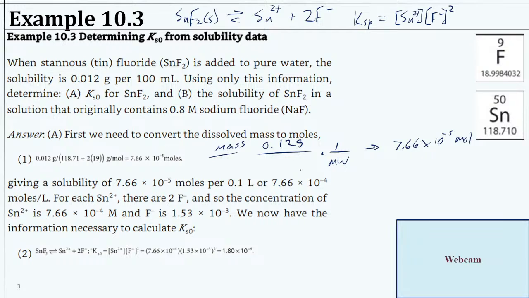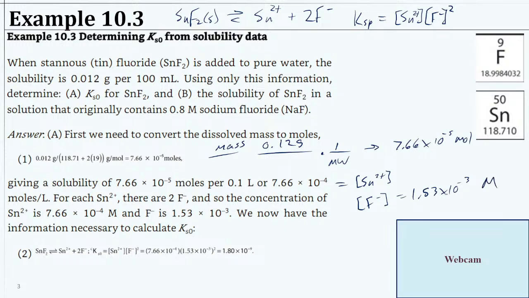So we know we can calculate if there's that many moles per liter, then we would also say this is going to be the same concentration as Sn2+, and we could find the fluoride concentration should be twice that. So F- then should be 2 times 7.6. It's going to be about 1.5-ish, let's see, they have it, 1.553 times 10 to the minus 3rd